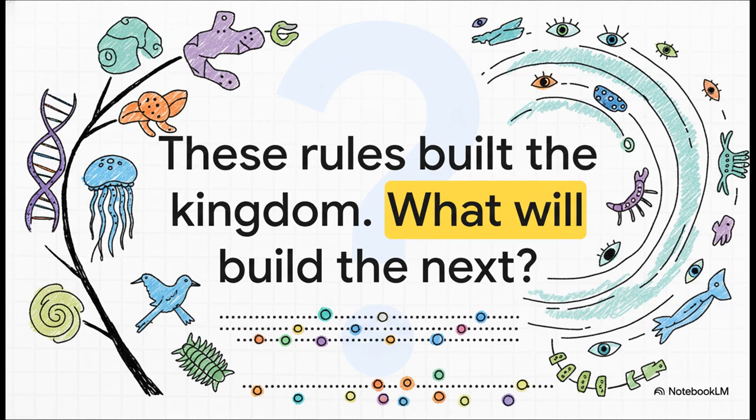And that brings us to one last thought. We've just mapped out the architectural rules that built the animal kingdom as we know it today. But evolution never stops. So the real question is, what rules will build